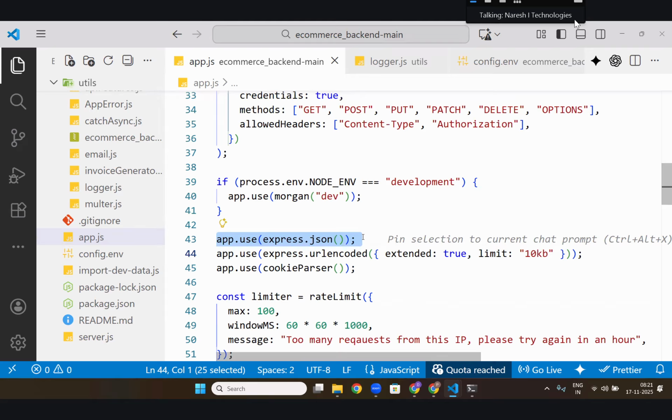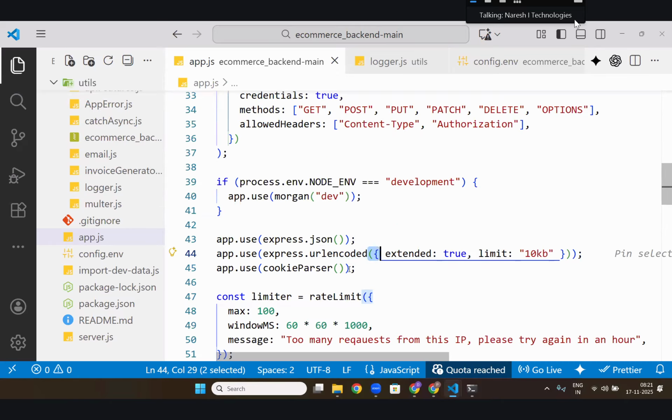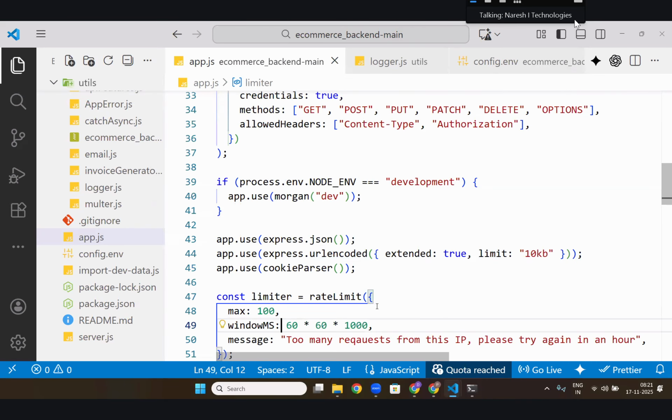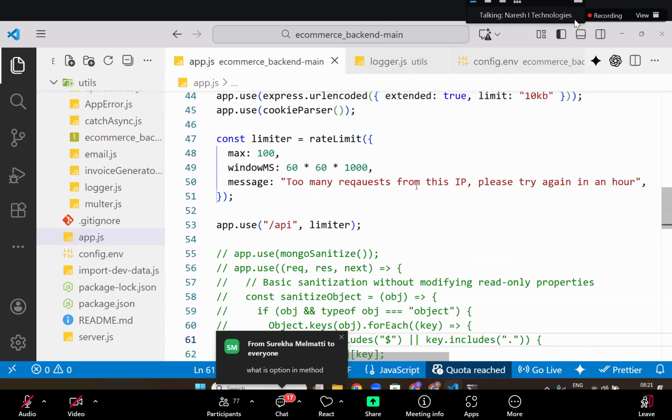Then he also converted the URL encoded. This is also middleware, used for the URL one. Cookie parser, middleware for cookies. Rate limit, the maximum number of times you can request. If there are requests more than a particular limit, it will say too many requests.